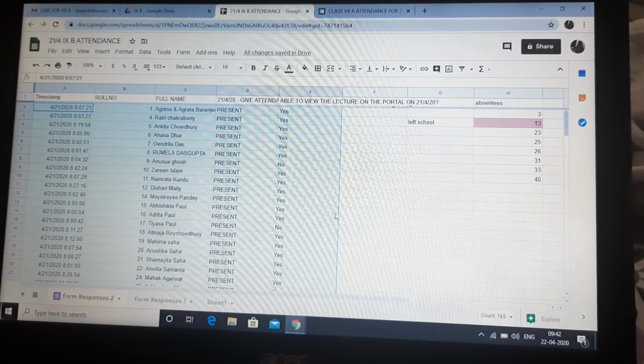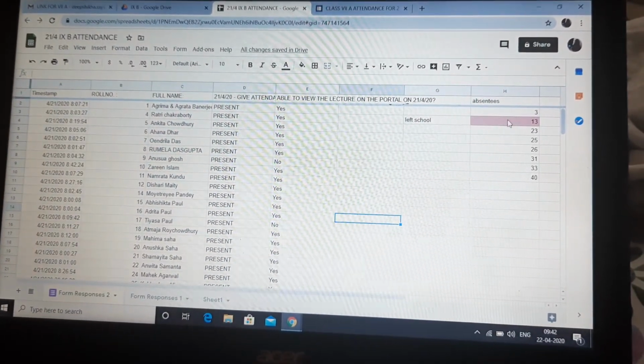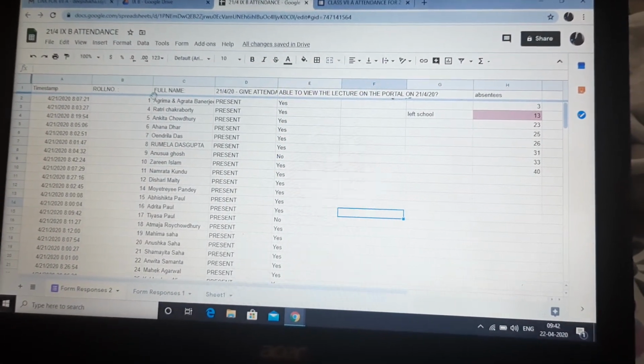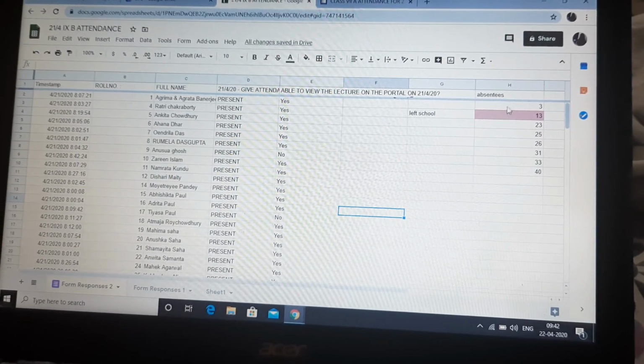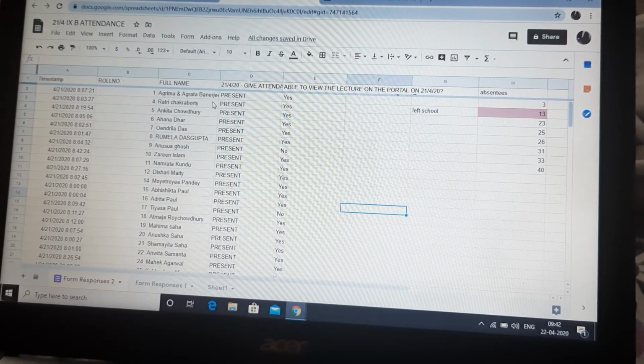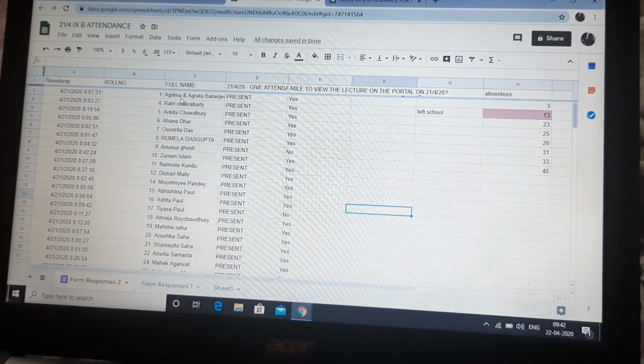1, 4, 5. See, this has come in a sorted order, and here I am just keeping track of who was absent. See, 1, then 2, 3 is missing, so I am writing 2 and 3. But you must be thinking why 2 is not there, because this is a case of twin sisters, Grima and Agrata.